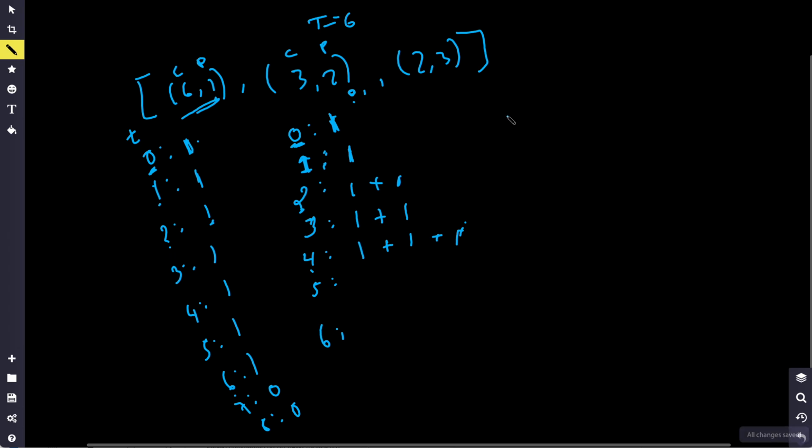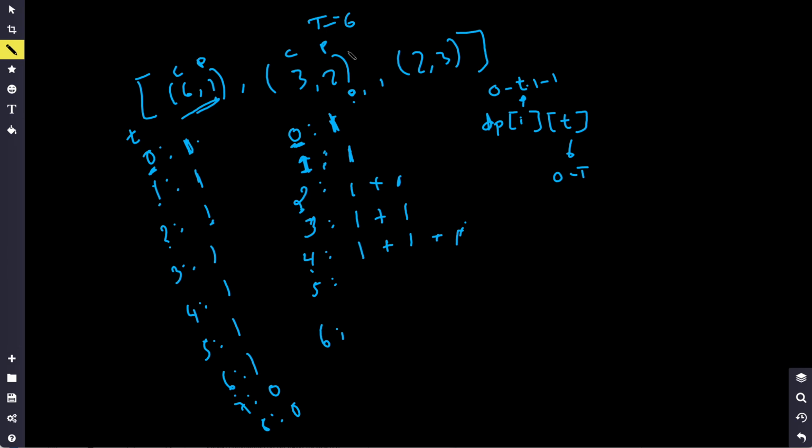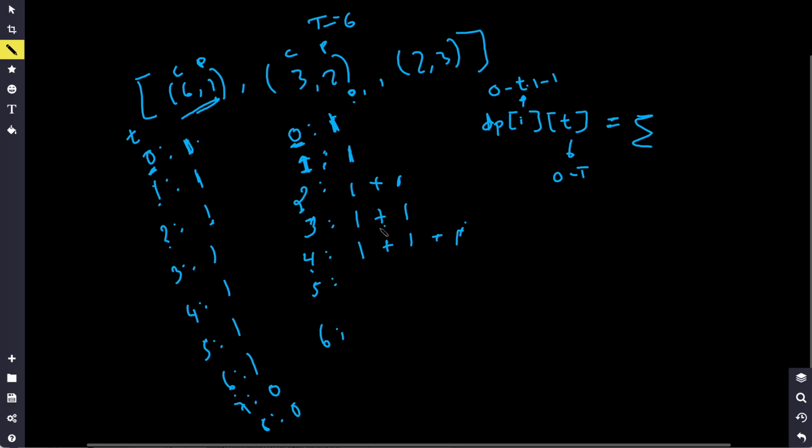So in general, we have basically our dp of i and t, where the i will go from 0 to types.length minus 1, because for each type we're computing this, and then the target will go from 0 to t, which is the number of the target here. So for each dp[i][t] will be basically equal to the summation. As you notice, each of them is a summation of